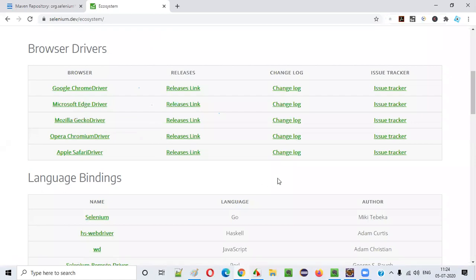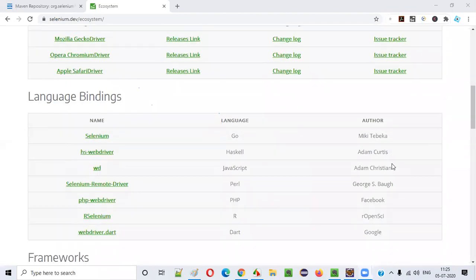Like all these things, BrowserStack and Sauce Labs are another kind of ecosystem. BrowserStack is also a cloud platform, to my knowledge, so it falls into the same thing. We can generalize, but we cannot say specifically. Yes, cloud, the same thing: Sauce Labs and BrowserStack, both are the same.